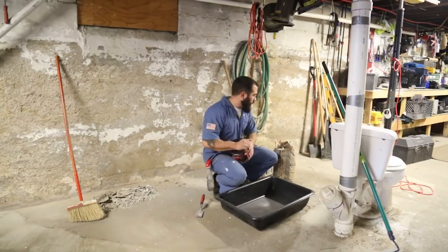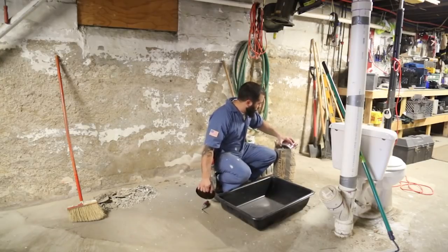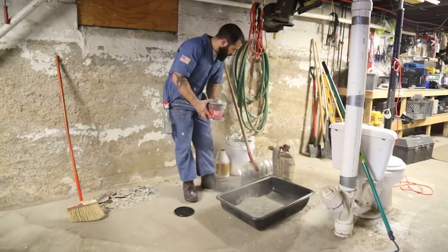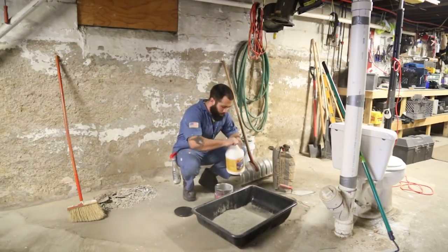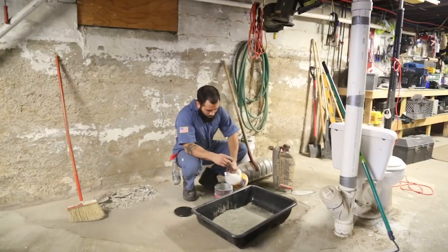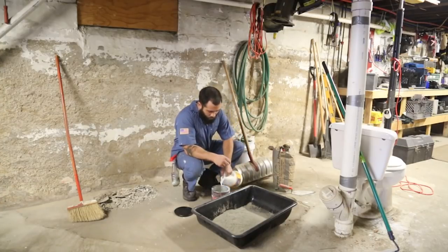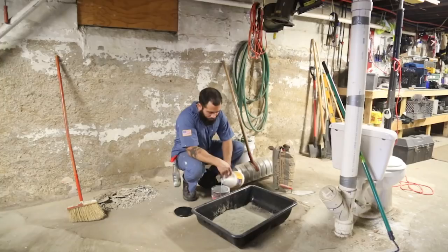Get this at basically any hardware store. Yeah, this is a bonding agent. It's not cheap, but it helps out a lot. I'm going to use four halves. Sorry, my brain's not working. Four halves, and then I'm going to do a quarter of this,